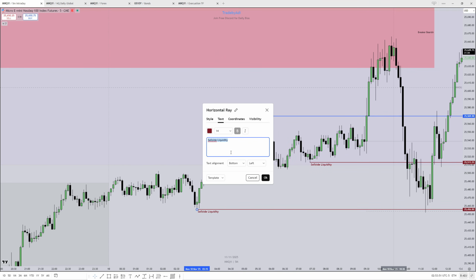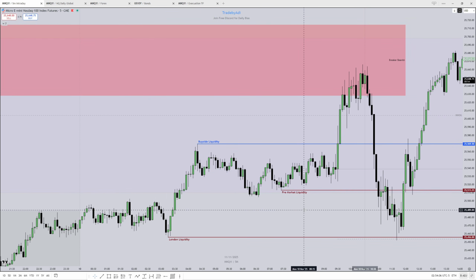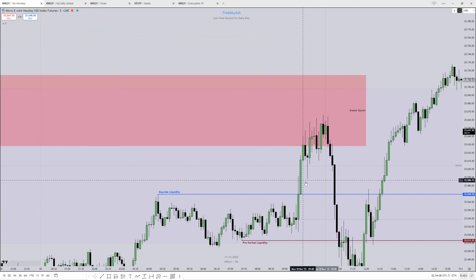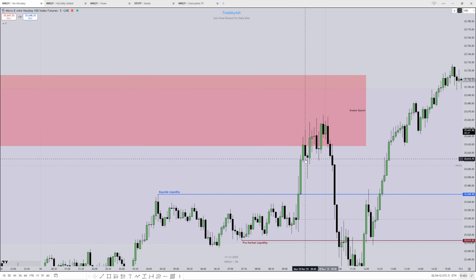So this is the London liquidity, and this was the pre-market liquidity. So these two liquidity were pending, and on a 5 minute, if you see, there was no rejection after the 10 o'clock, right? 9:45. So I was thinking, okay, we are going to take the sell side liquidity